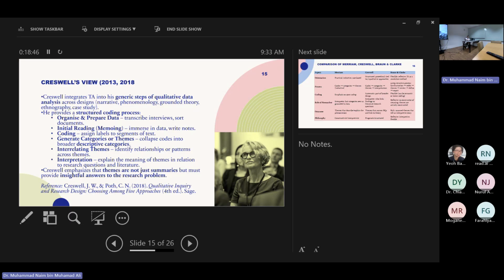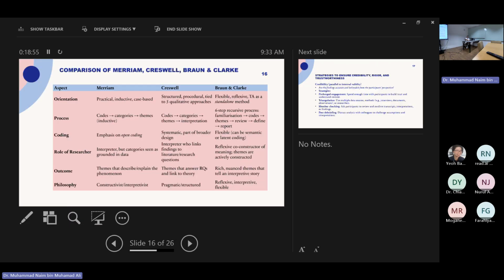Creswell emphasized that themes are not just summaries, but provide insightful answers to the research problem. Of course, we have to interpret our transcript. All of these authors and researchers have different ways of doing thematic analysis.